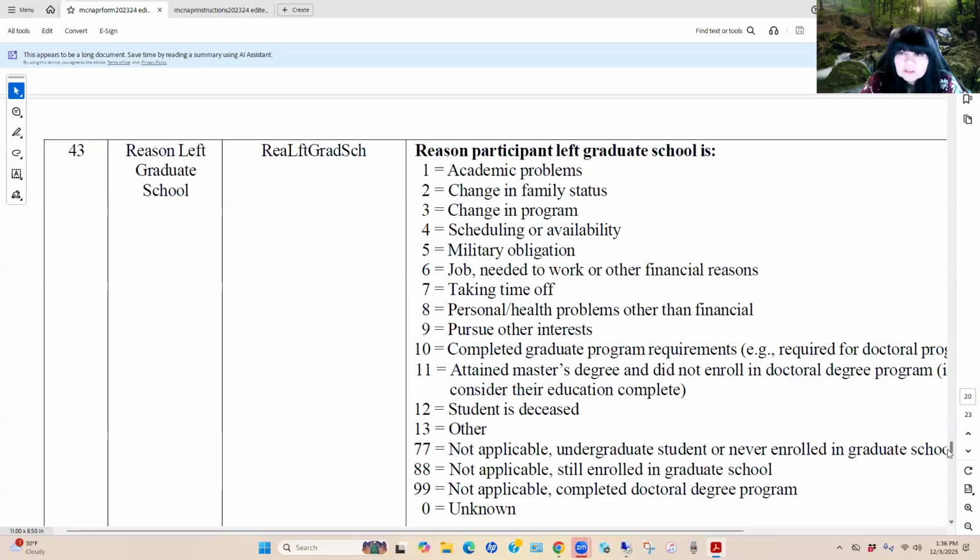However, in determining this last objective, doctoral degree attainment, if the student had earned the doctoral degree and then became deceased, you'll get credit for that individual earning the doctoral degree, even though they became deceased later.